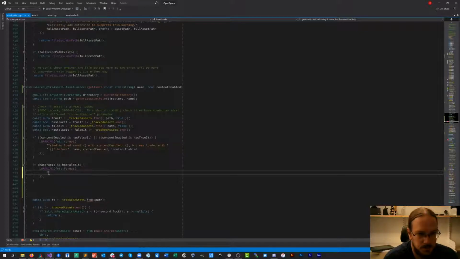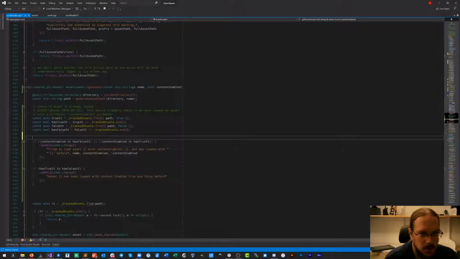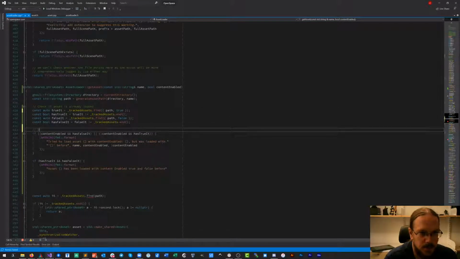So asset hello has been loaded with content enabled true and false before, and well, this to-do basically did now, but this should be replaced with a much better solution.